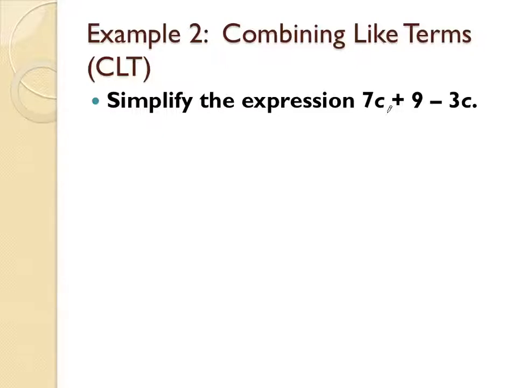And I want to simplify, so I want to make something smaller. So I would think after I simplified that I wouldn't have 3 terms anymore. I would have some number of terms that was less than 3. So the first thing I want to do is, again, use my shapes or my color coding to identify like